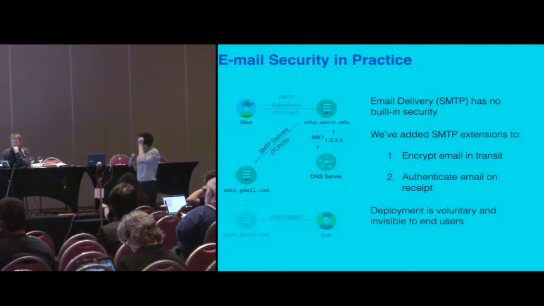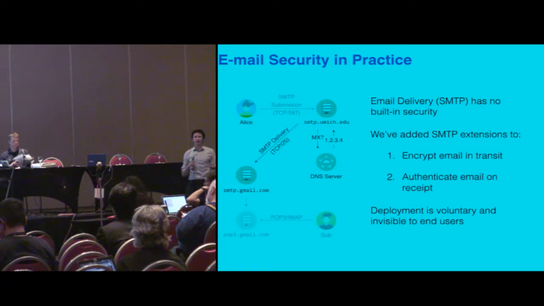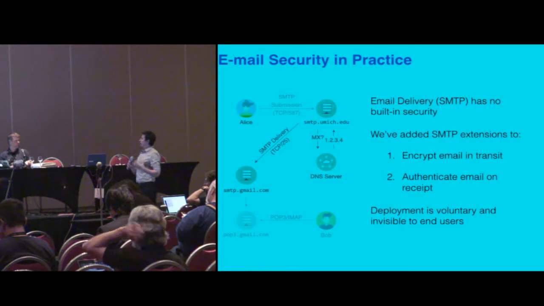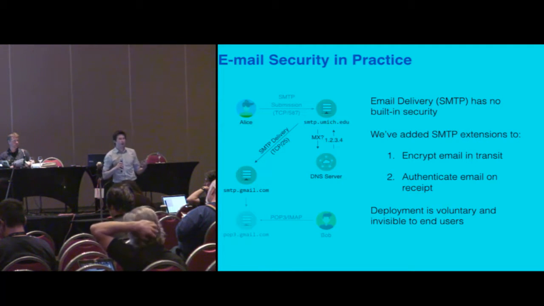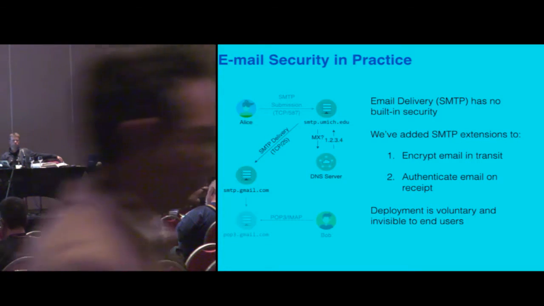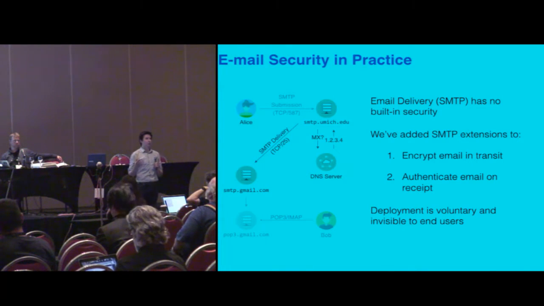As time went on, we realized this probably was not quite the guarantee we wanted to be providing for email. So we developed extensions that we added onto SMTP to allow transport layer security and also to authenticate email on receipt, which were really driven by some of the spam problems that were happening in the community. Servers have been deploying these protocols behind the scenes, but all of it is voluntary and hidden to the users. There isn't an immediate incentive for an operator to deploy these extensions because their users probably will never know one way or the other.